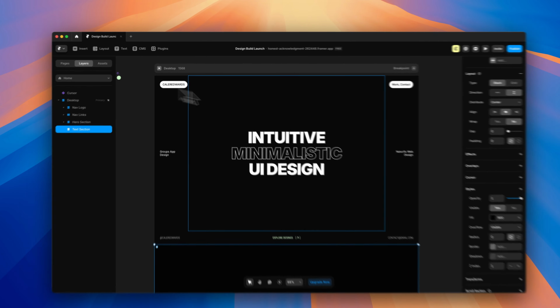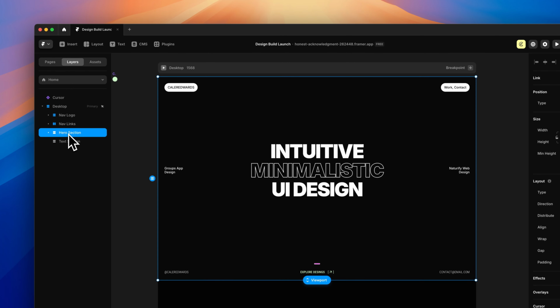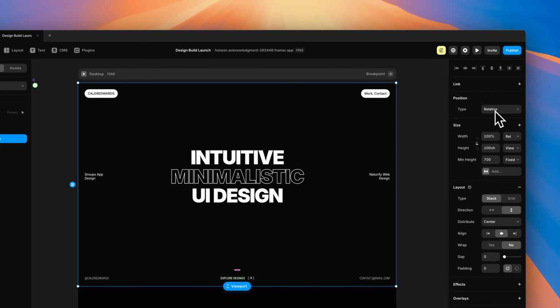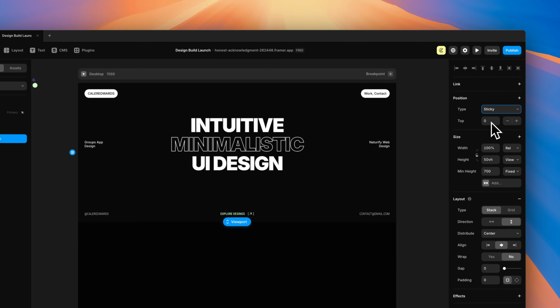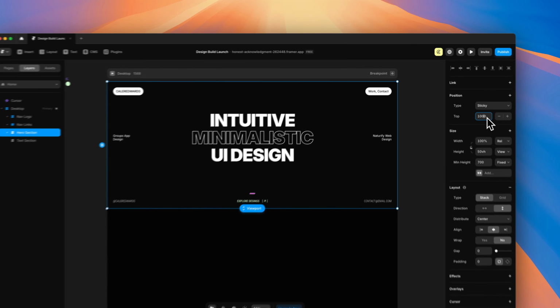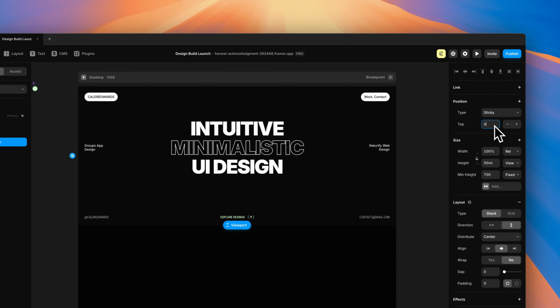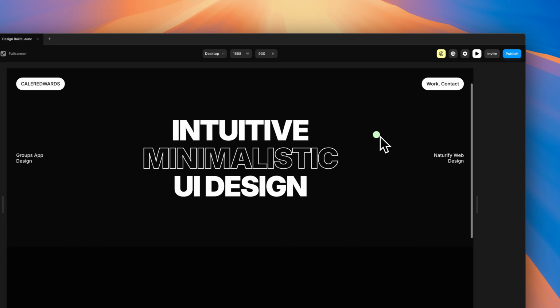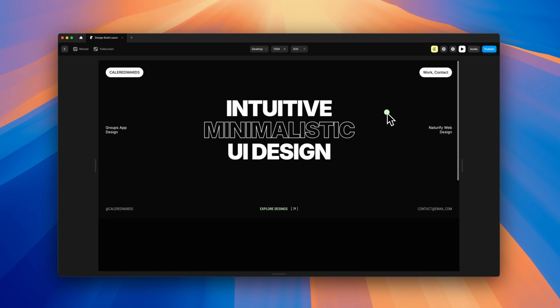We don't want that. So to do this, we'll grab the hero section. We originally had this positioned at relative, that's default. We're going to change this to sticky, and then we can set how much we want it to stick at the top, like how far down we want it. So if we wanted it to stick 1,000 points down from the top, we can set that. But for now, we're just going to set it to 0 because we just want it to stay right where it is. So I'm going to hit play one more time, and you'll see this section now slides up over